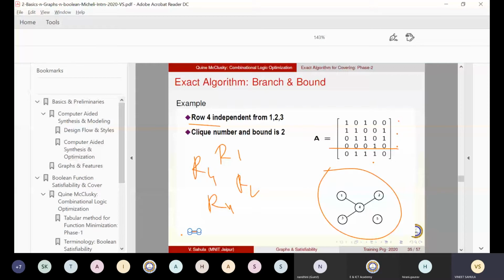And if you look at 1 and 2 are not independent because they have these ones common. 2 and 3 are not independent because they have this one common. 1 and 3 are also having these ones common. So they are not independent. This is the only independence graph. Out of this, we can choose any pair because there is no 3 group. So I choose this pair, right? So independent rows are only 2.